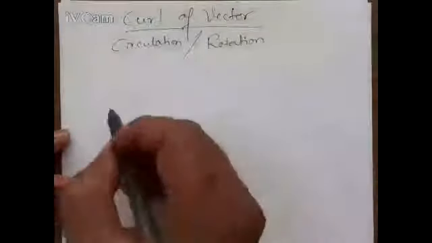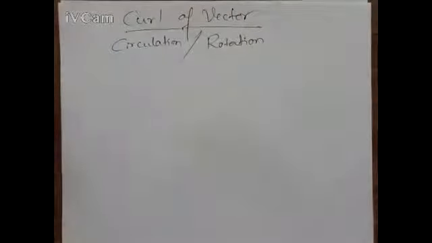In this complete chapter, if we apply the magnetic field, what is produced? Current is produced. If current is supplied in the circuit or in the wire, what is produced? Magnetic field is produced. If one is circulating, the other is produced, right? That is what we are going to learn here: the circulation, or the curl.